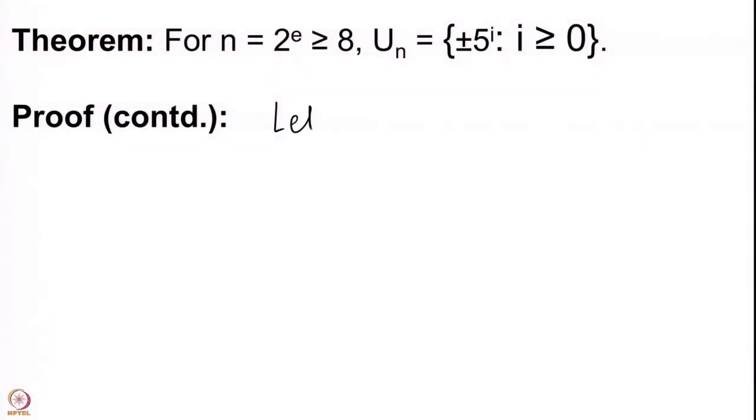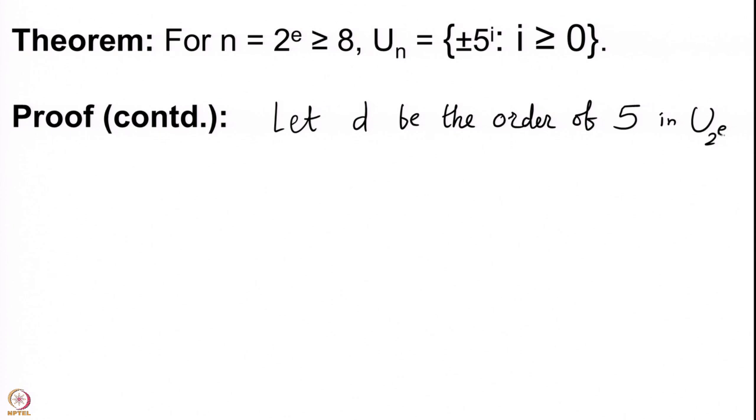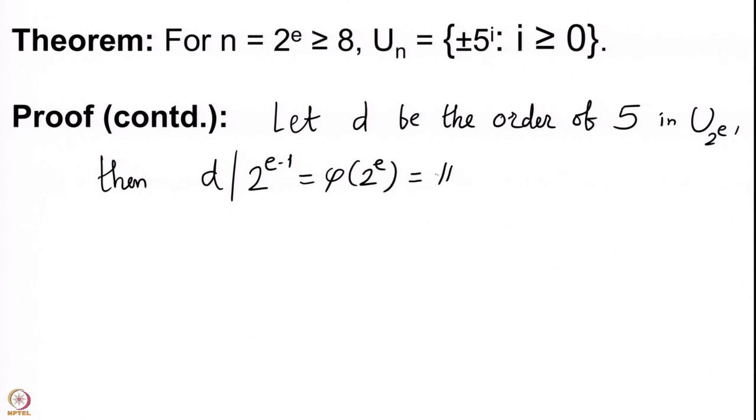So, let d be the order of 5 in U_{2^e}, then we know that d has to divide 2 power e minus 1, which is phi of 2 power e, which is also the cardinality of this group U_{2^e}. We then have